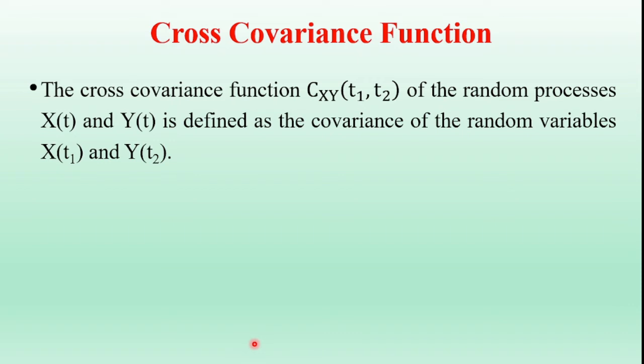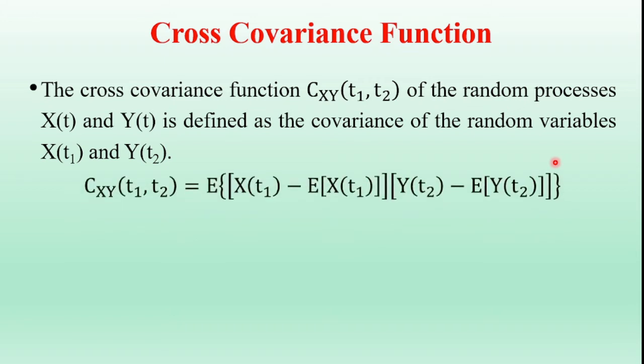The cross-covariance function of the random processes X(t) and Y(t) is denoted as C_XY(t1, t2). The cross-covariance function of two random processes X(t) and Y(t) is defined as the covariance of the random variables X(t1) and Y(t2). So mathematically, it is given by